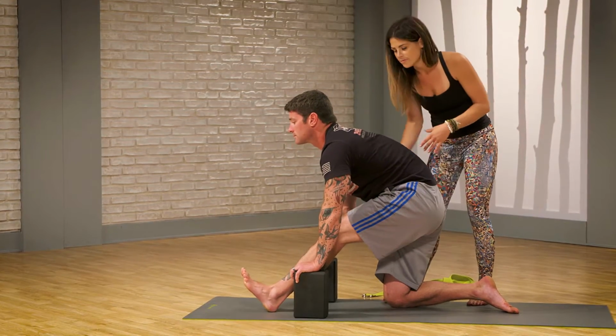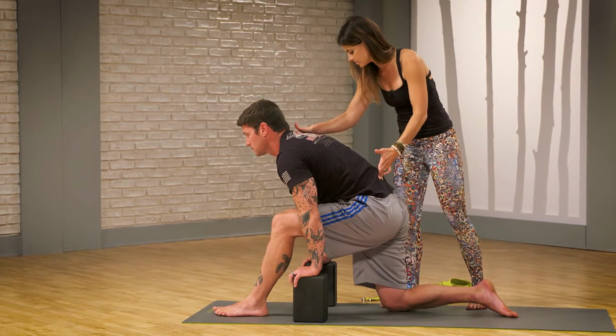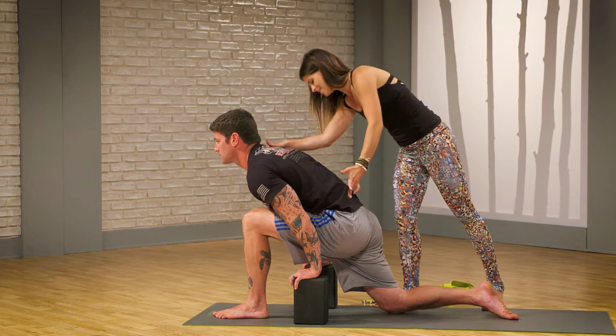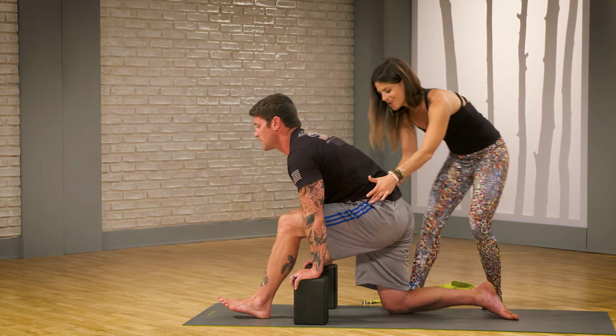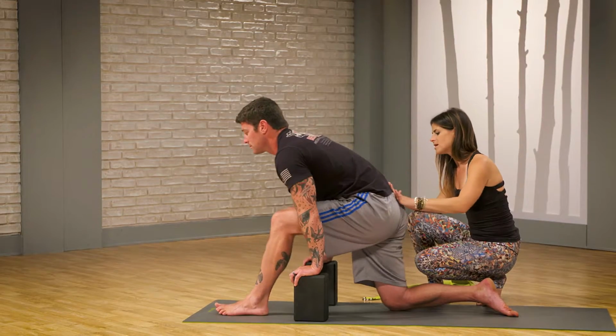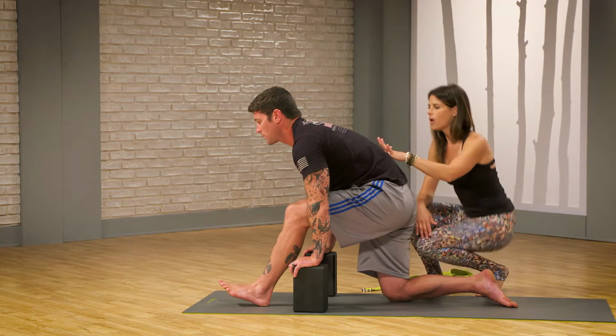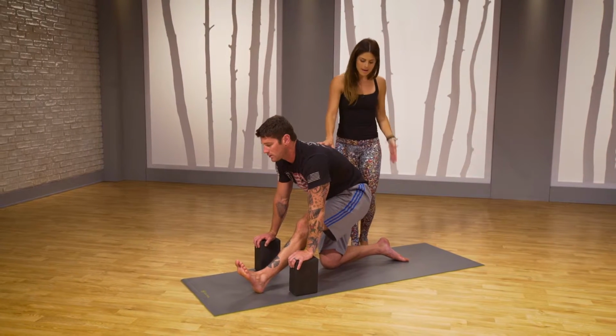So follow the breath here, follow this cadence. Inhale, rebend into the left knee, shift it forward, arms stay straight. Good. Exhale, take it back. Yeah, straighten into that left leg. Good, one more time. Inhale, come forward, bend into the left knee. Exhale, shift it back. And then we'll pause here at the back of the mat, that left leg